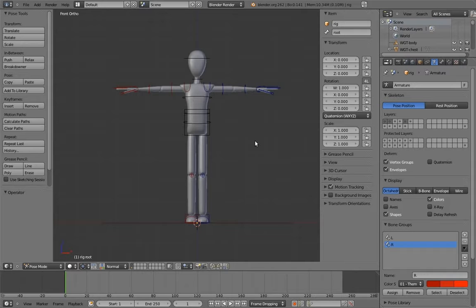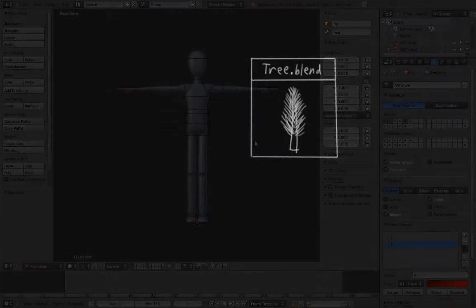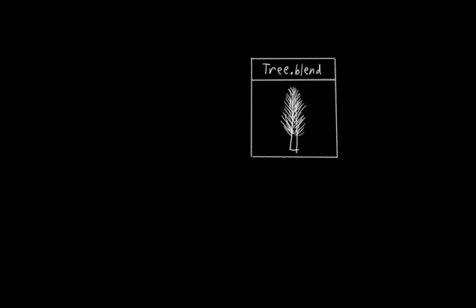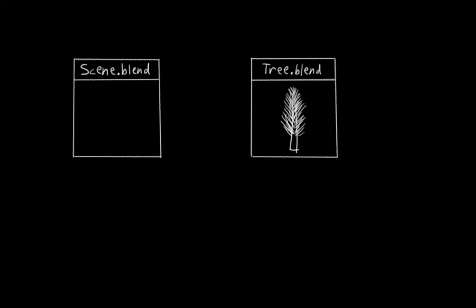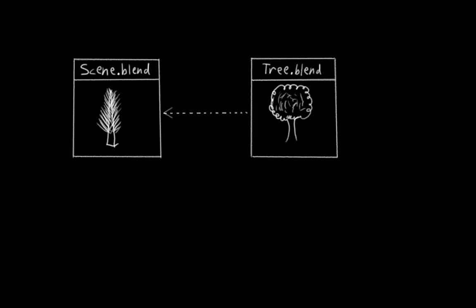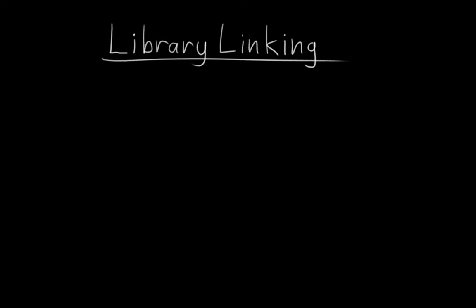Blender has a system that allows you to reference assets in other files. So for example, if you have a model of a tree in another file, you can tell Blender to bring it into the current scene. But instead of actually copying it, it just references it. If the tree model in the other file is changed, those changes automatically show up in the current file as well. This system is called Blender's library linking system,